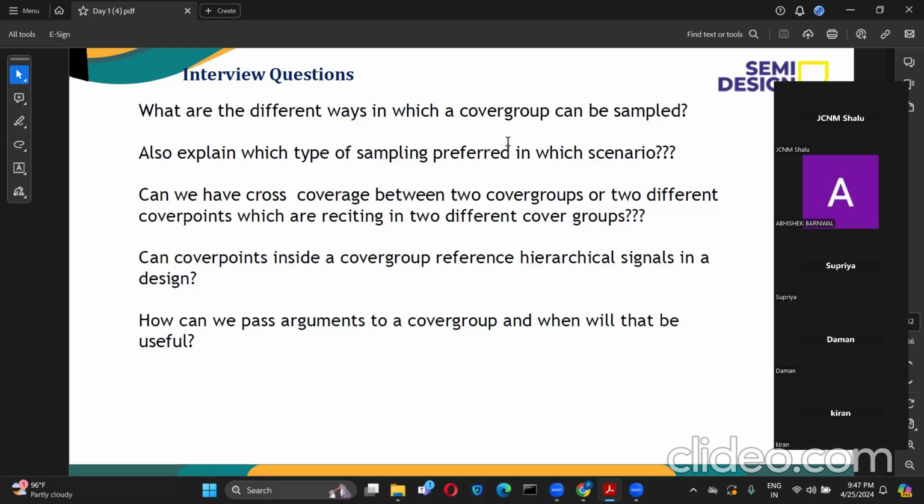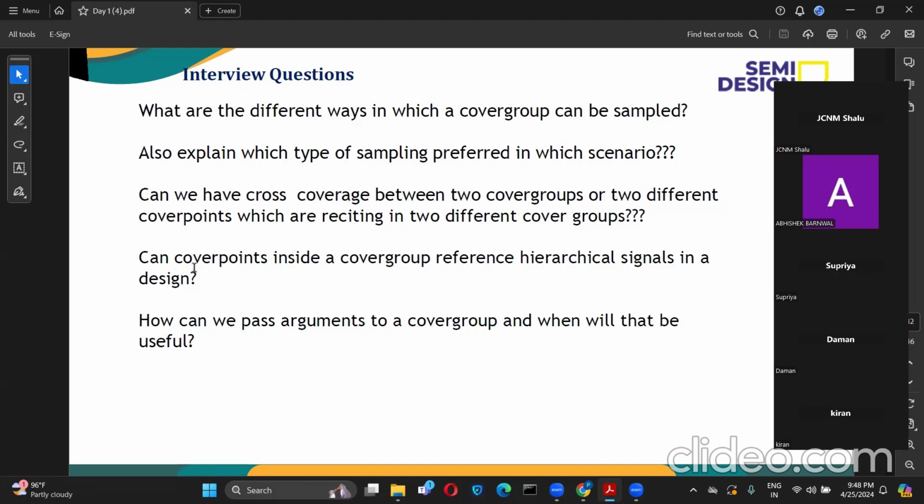It's clear, ma'am. Okay, sorry. Now for every clock edge, we have to use a clocking event, no? If you want to sample at every clock edge, then you have to give it the rate of posedge clock. But there is a scenario where you don't want to check it at every clock edge, only once in the simulation. Then you can use the dot sample method. Both are for sampling only. It just depends on your requirement. You have to choose wisely. Even if you choose the other, it won't be a problem, but the optimized way is to choose like this. That's it.